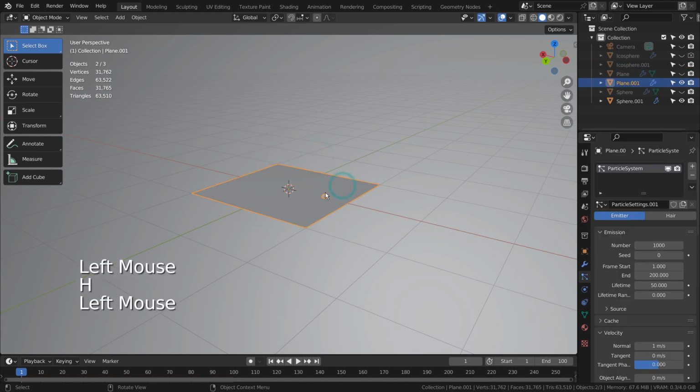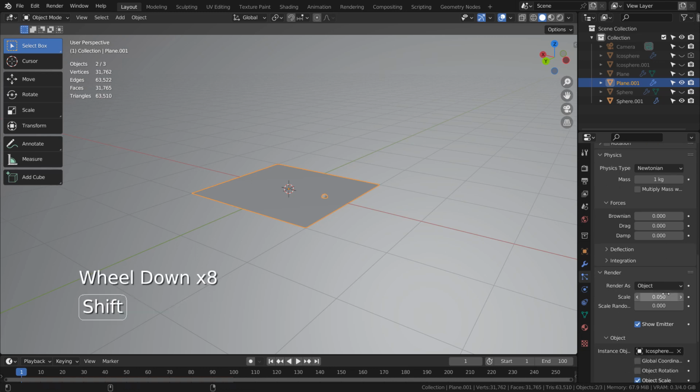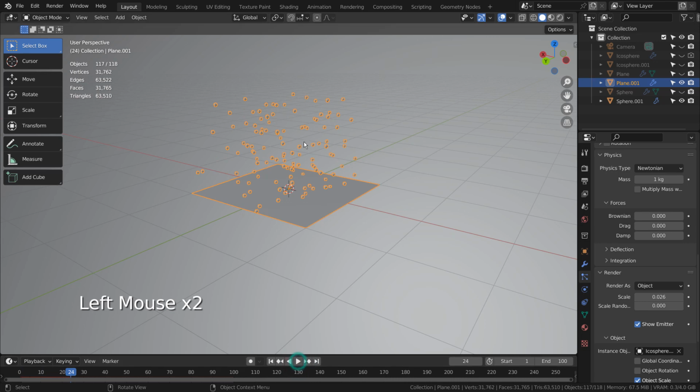Let's shrink the size of the particles. The particle is going up, because I changed the scene's gravity setting like this.